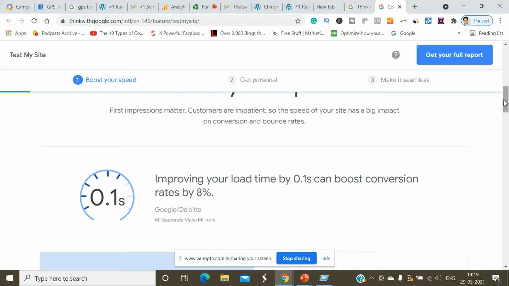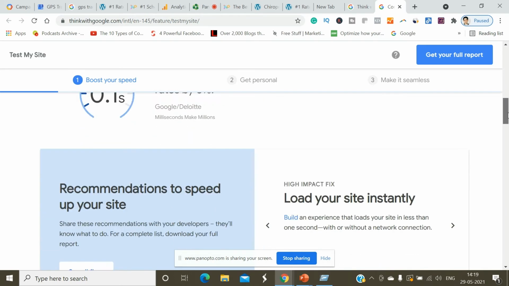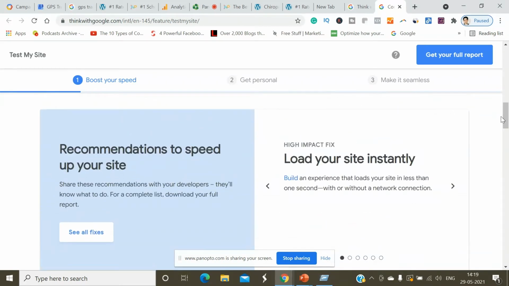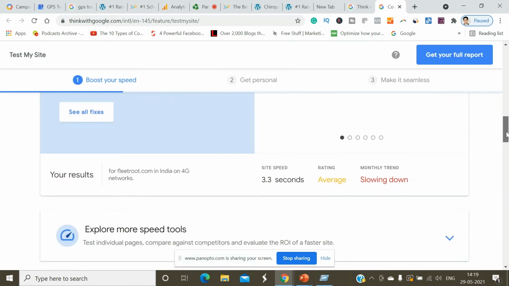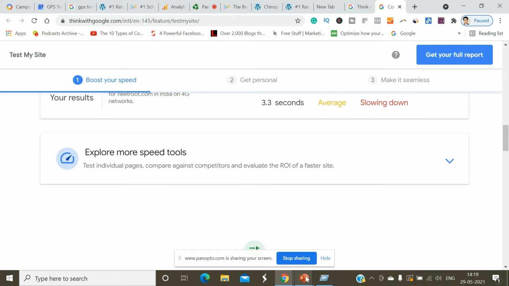Okay. So this is one thing. Second thing is if you have a website which is loading instantly, you build an experience that loads your site in less than 1 second. Okay, so automatically your conversions will grow very high, and you will have huge business growth. All right, guys.